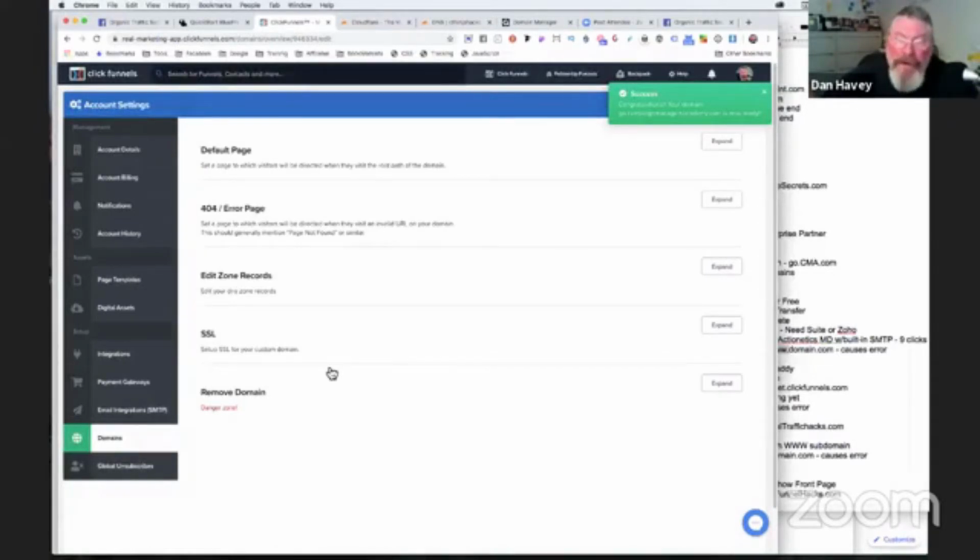And ClickFunnels support will tell you, oh, wait 72 hours. The other thing you'll find is if you don't set your default page, same thing. It will not work right if you do not set that default page. So these are all little things that can trip you up along the way, whether you're running it through ClickFunnels or Cloudflare or GoDaddy or whoever. You got to make sure you do all these steps. And so as we go through it, we're going to basically go through them a whole bunch of times. And if you come down here, of course, you can delete this if you would like,